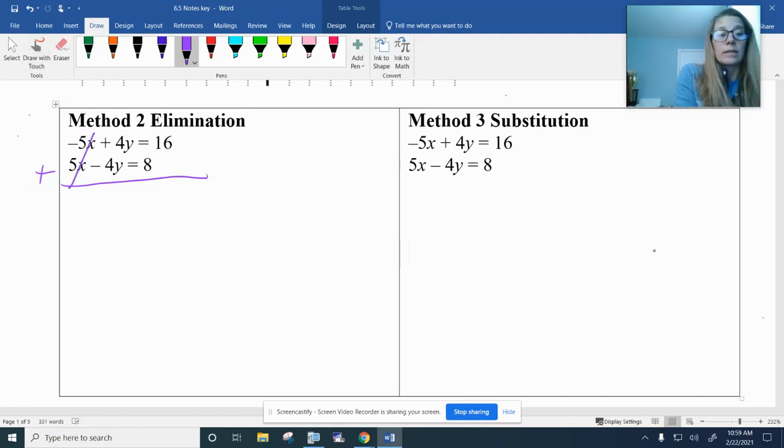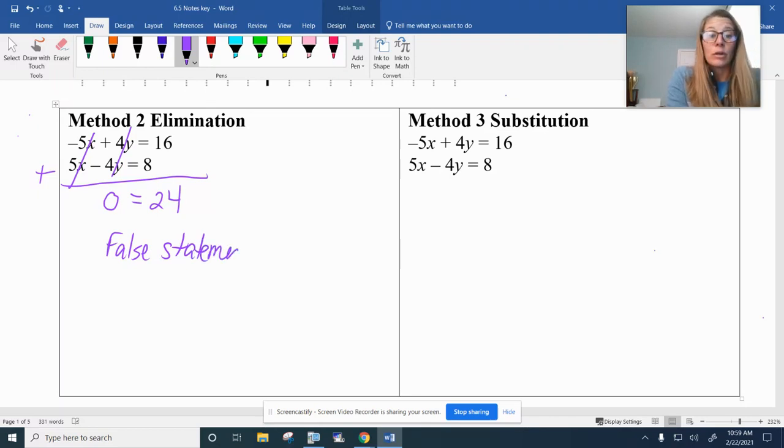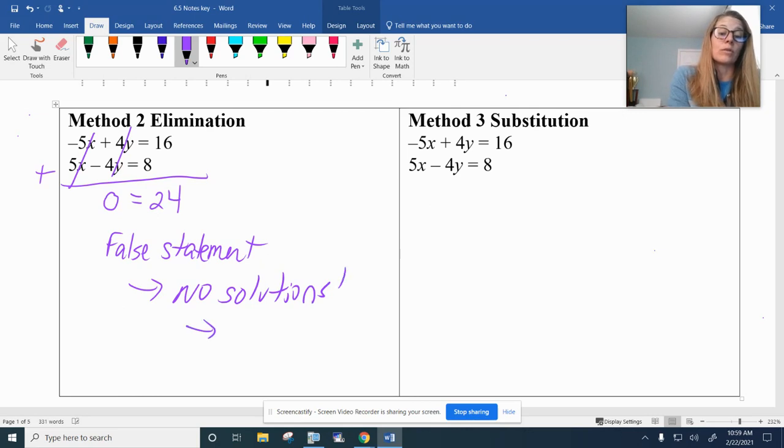So when I add those x's up, they cancel, but my y's also cancel. So I've eliminated all of my variables, and I end up with just 0 equals 24. So when this happens, this is a false statement because 0 does not equal 24. So this means that there are no solutions. And of course, if there's no solutions, that means that the lines would be parallel if we were to